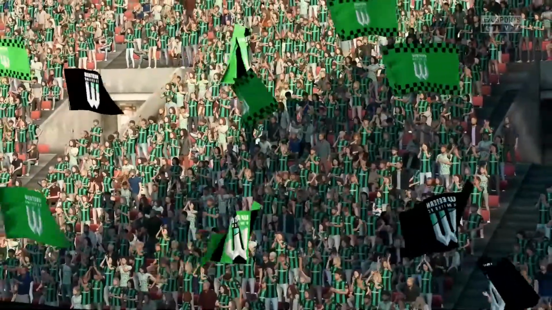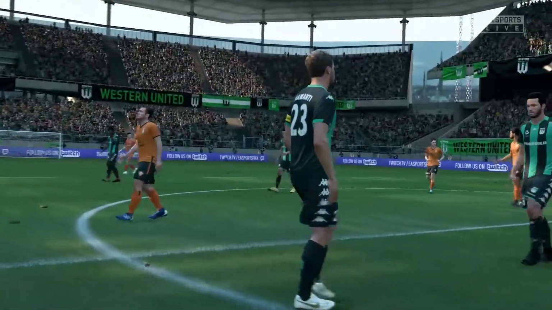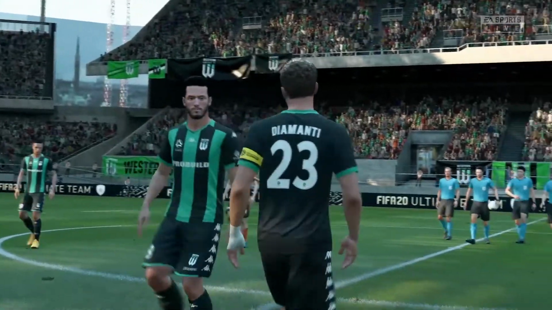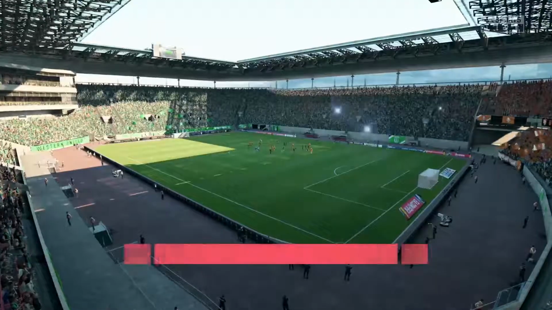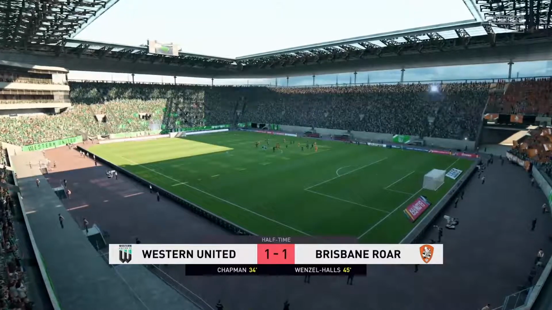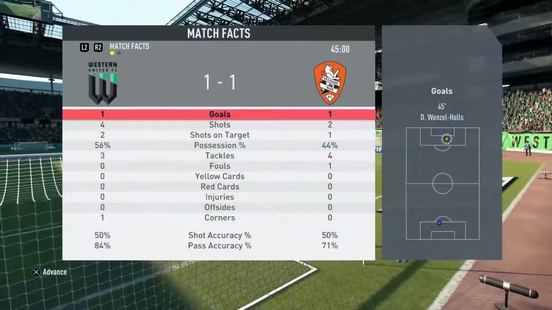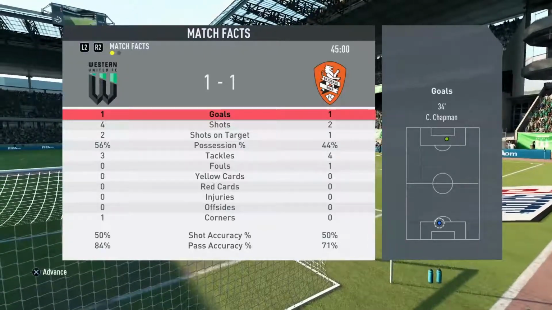It took us a little bit to get there, trying to break down that five-man midfield of Brisbane, but they clawed one back late in stoppage time, and as we roll into the sheds, it will be Western United 1, Brisbane Roar 1. Ladies and gents, here at the Matchbacks, as we roll into the halftime break, it will be